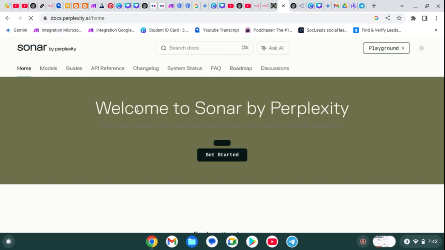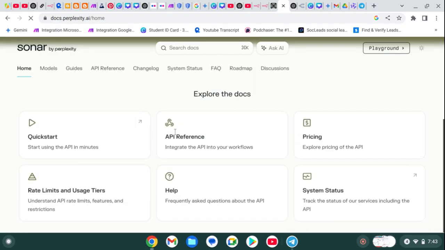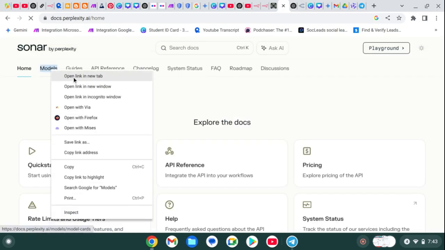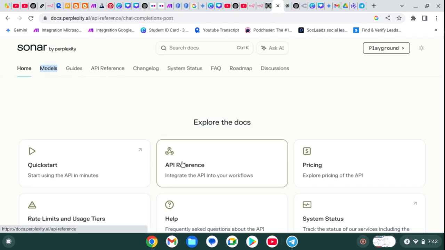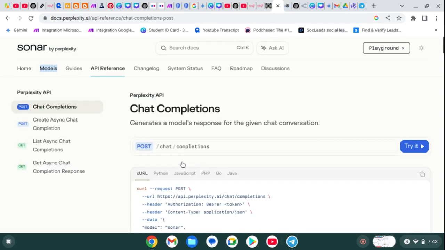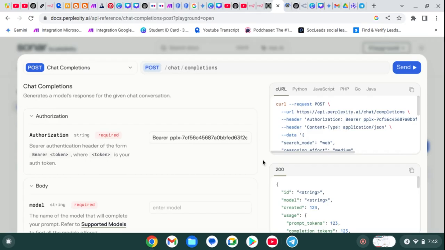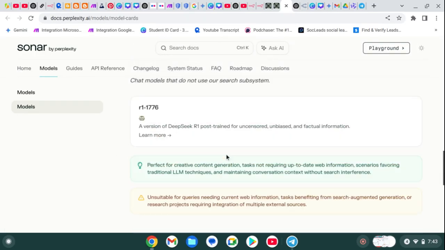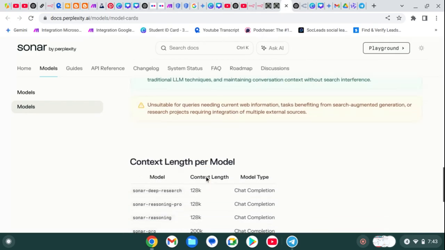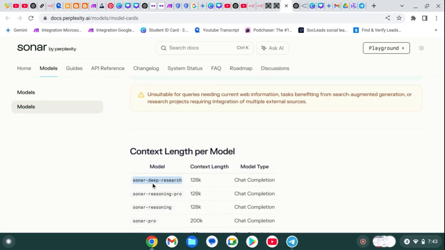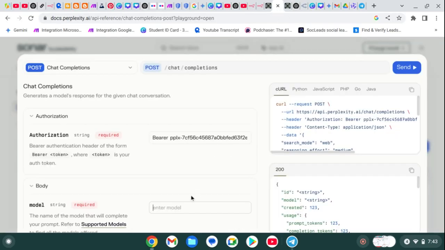Now the tab is open. Now we need to go to API reference and we use model. Which model you use? Click open in this new tab and open API reference, and we simply need to click on try it, and we simply need to paste our API key from here and paste the model. So we can grab the model from here. You can see the model is here. Copy this, go back, paste it,